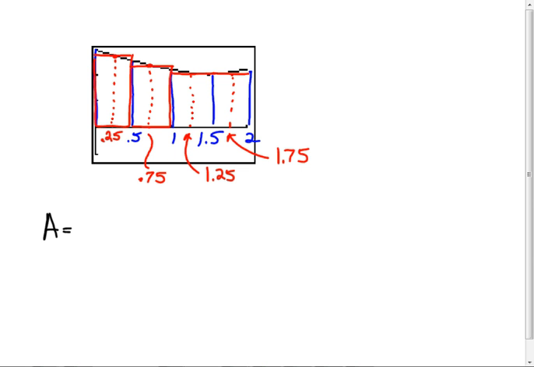So the area is equal to... Well, what's the width of each interval? It's a half. Is that the same for all these? Can we just factor it out then? Sure. I don't want to do all that work. So now to find the area of this rectangle, I'll find the base is a half and the height is the value of the function at 0.25